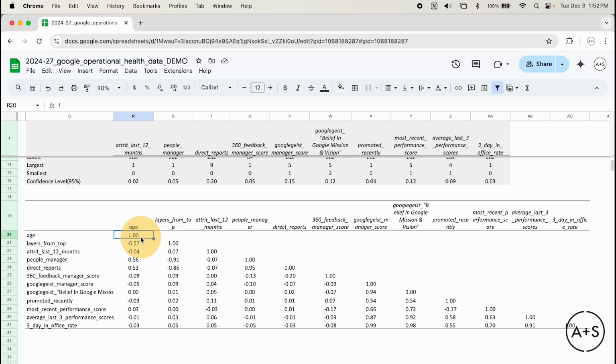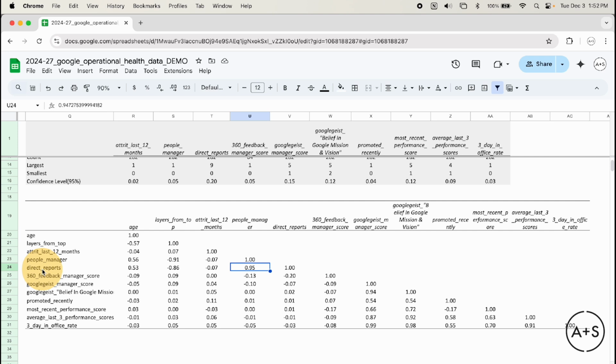And so, as I said, I'll start to look for things that are somewhat obvious, as well as some things that might not be obvious, and some things where I might expect to see correlation but don't. So let's start with an obvious one. Here's one right here. This is strong positive correlation. Anything over 75, 80% is strong positive correlation. This is correlating people managers to direct reports. I would expect that to be correlated. That says my people managers have direct reports. The fact that this is not perfectly correlated, not a 1,